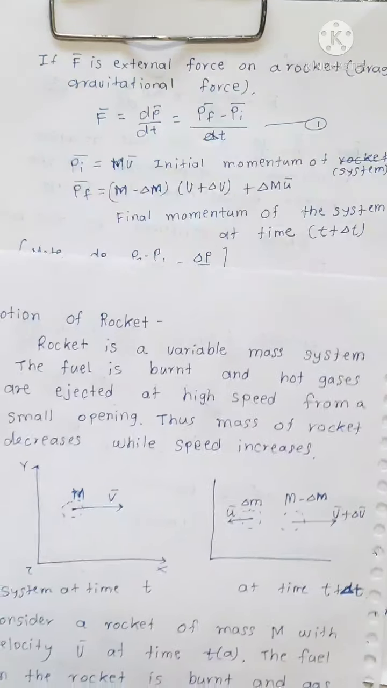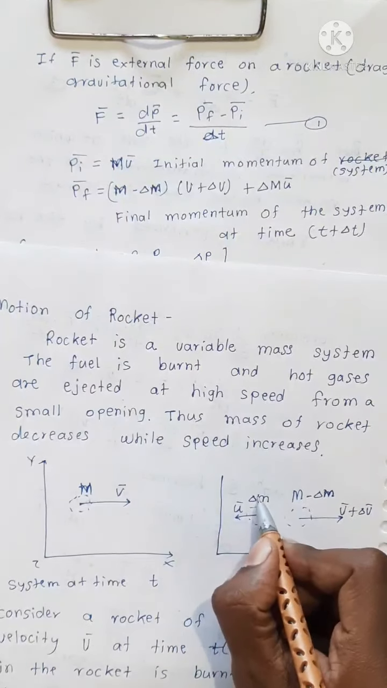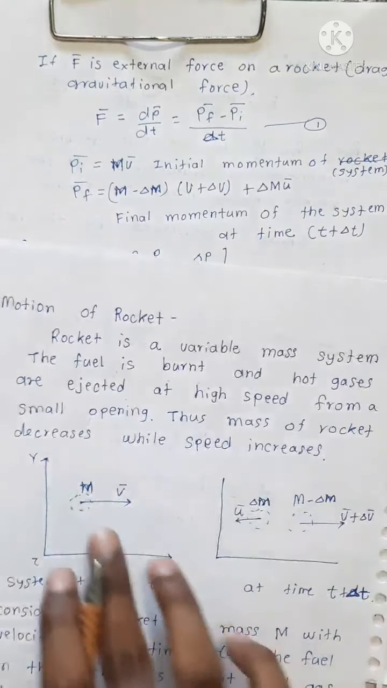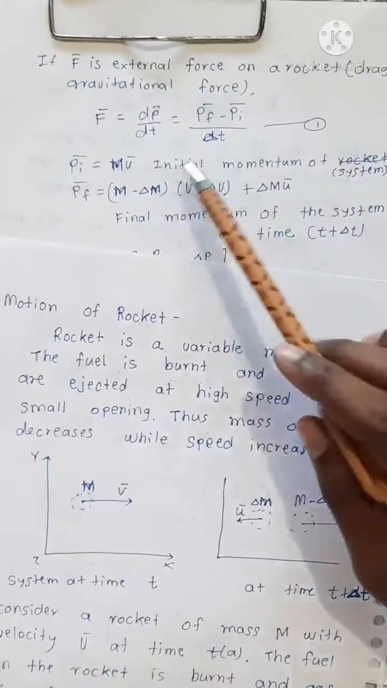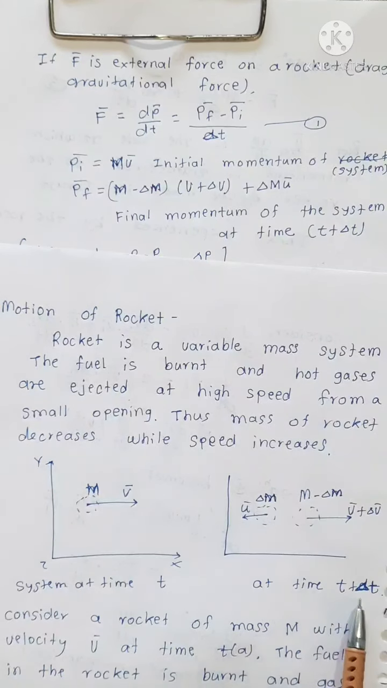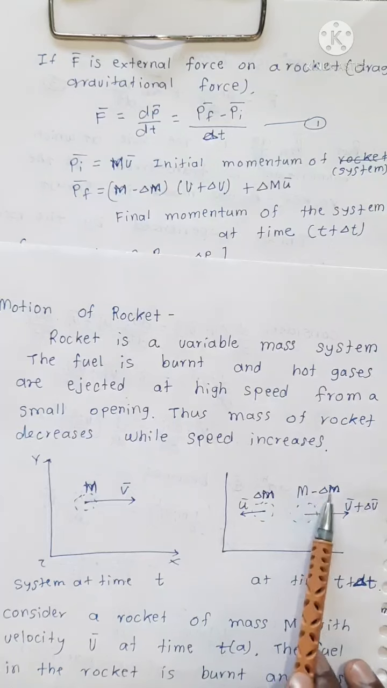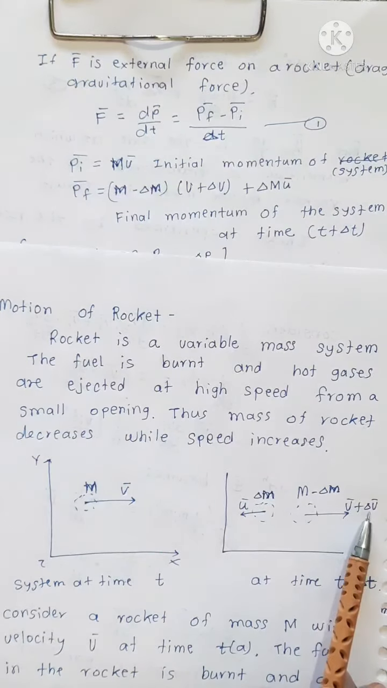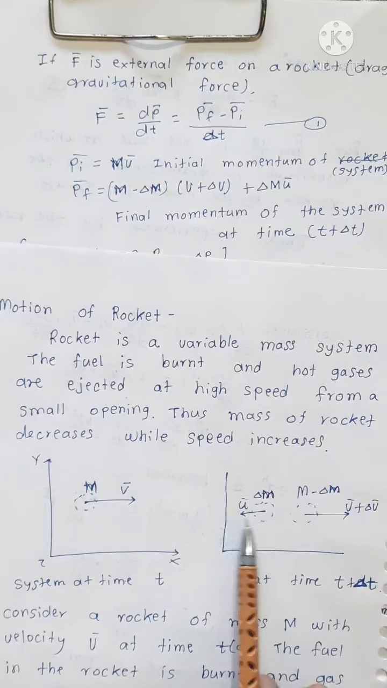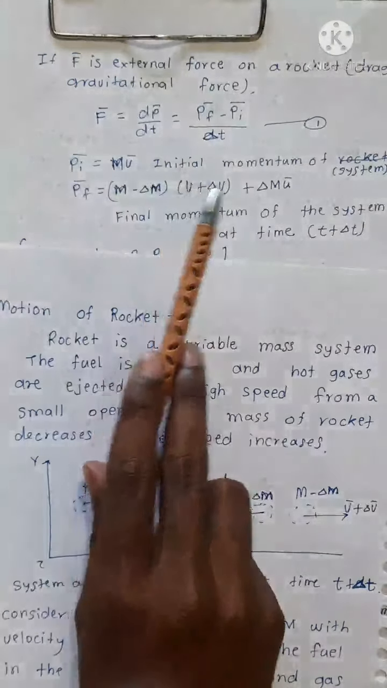Now the initial momentum was capital M into V bar. This is also capital M. So the initial momentum of the system was capital M into V bar. Then the final momentum after time del t was: this is the mass of the rocket, reduced mass due to the gases, and this is the increased velocity due to these exhaust gases. So this is the mass of the rocket, this is the velocity of the rocket, so take their product, plus